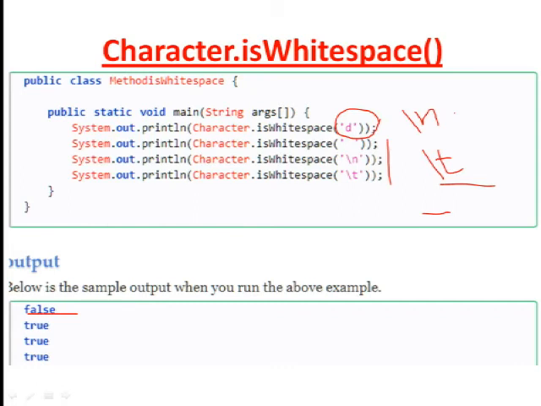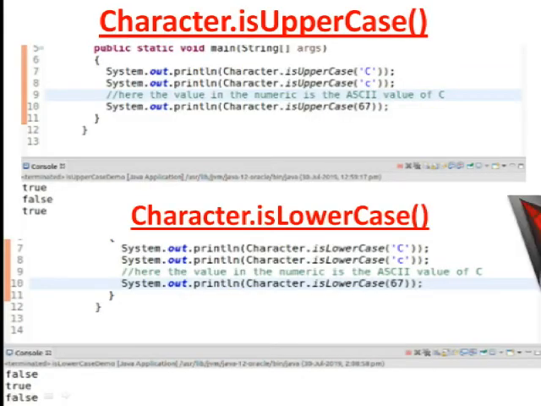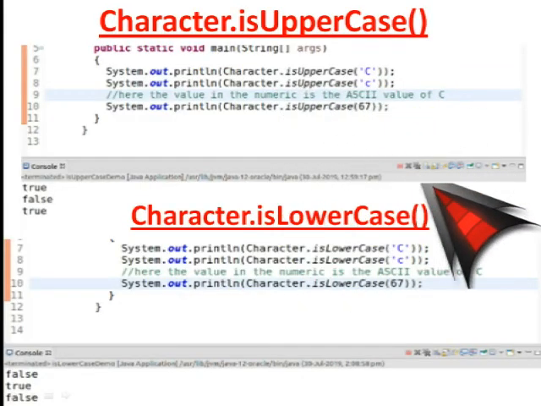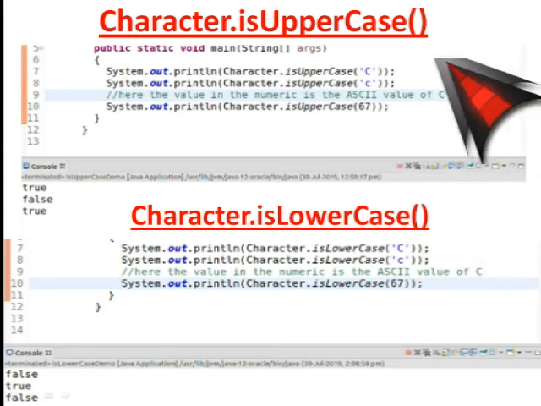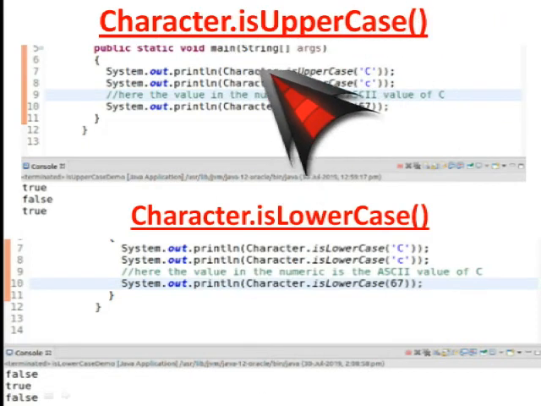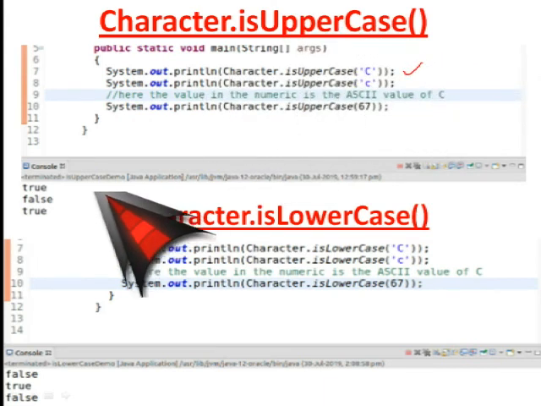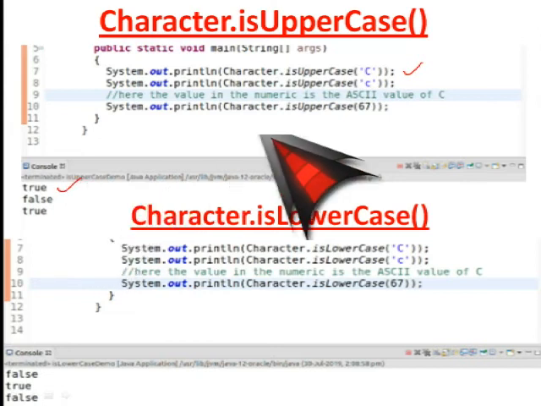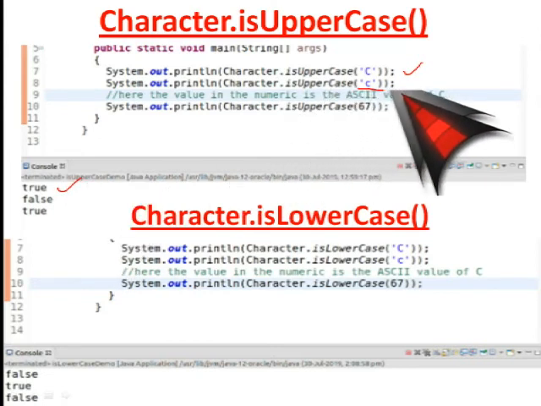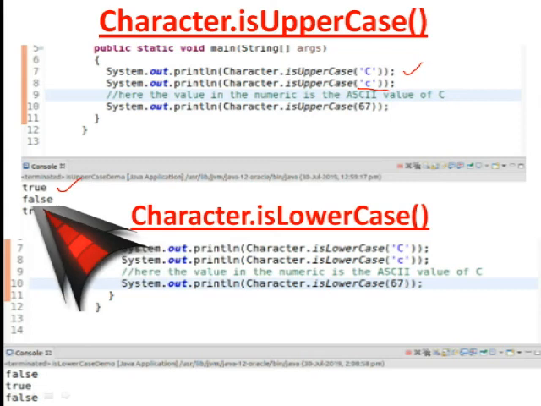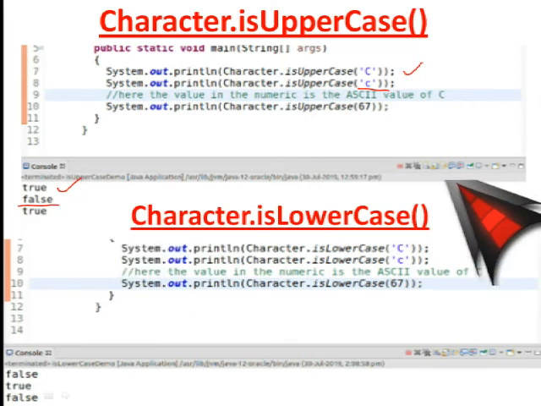The next methods are isUpperCase and isLowerCase. As the name suggests, I want to ask whether the value I have passed is actually uppercase or not. In the first case, I have passed capital C, so it is uppercase and my result is true. Next, I have passed small c, so my result is false. The last one, I have printed the value 67. What is it?